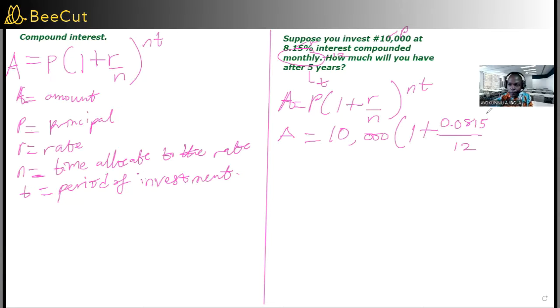That makes 1 year. Then the n is 12, so the n is going to multiply the time as well, and that will be 12 times 5. The power there will be 12 times 5, so 12 into the 5 years. So you need to press your calculator for this. This is no more simple interest, but just general multiplication and addition in mathematics. And if you press it well there, you're going to have